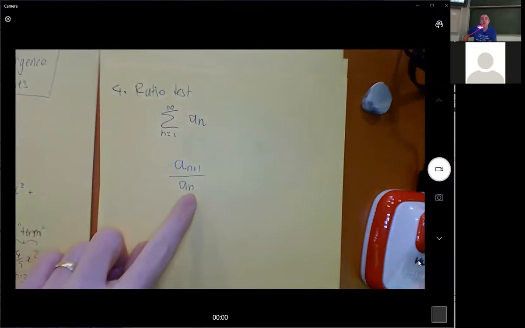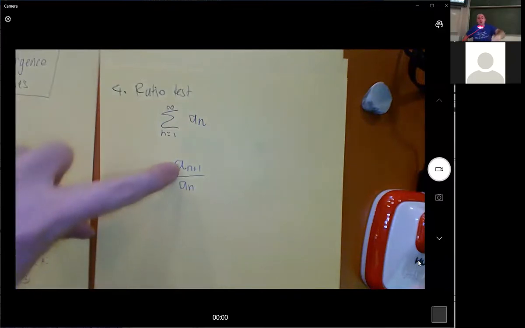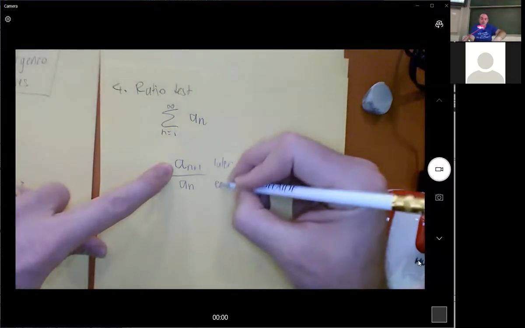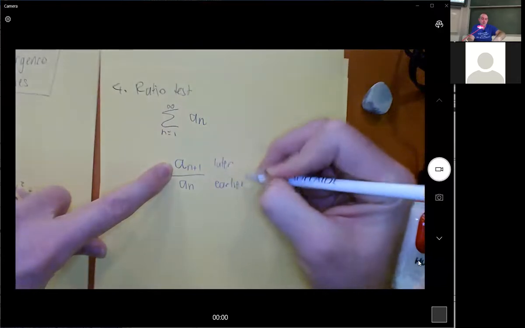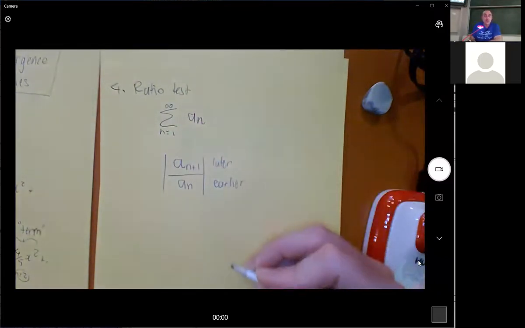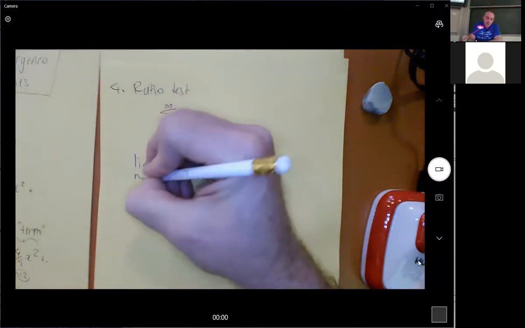So a_n is a term and a_(n+1) is the term after it. So this is a later term divided by an earlier term. So if you have a later term divided by the term one earlier, and you do the absolute value of that, and you do the limit of that as n goes to infinity,